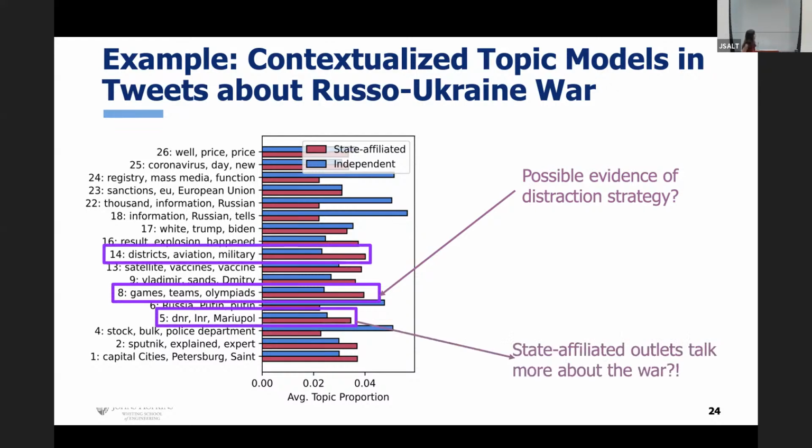One of the other ones that I think is interesting here: there are two topics that seem a little more war and Ukraine related. And what's really weird is that under the topic model, they're more prevalent in the state-affiliated outlets, which is not what we would expect. Like all of the kind of,